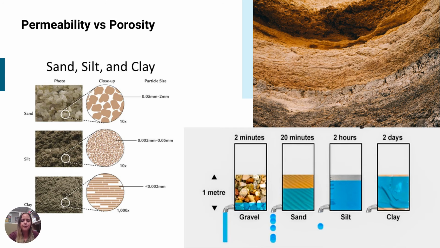So looking at the difference between permeability and porosity, it really depends on the type of material. If we have gravel, water can flow through gravel really quickly because gravel isn't as tightly packed. Gravel is a larger particle, and so larger particles typically have more pore spaces between them. And the higher the porosity, the higher the permeability is going to be. With clay, clay is really small particles, and so it compacts together really well, and there's not nearly as many pore spaces, so the permeability is going to be slower. The bottom right shows you the permeability, so how fast water is moving through these different materials, and then on the left, it shows you the porosity or the pore spaces in between.